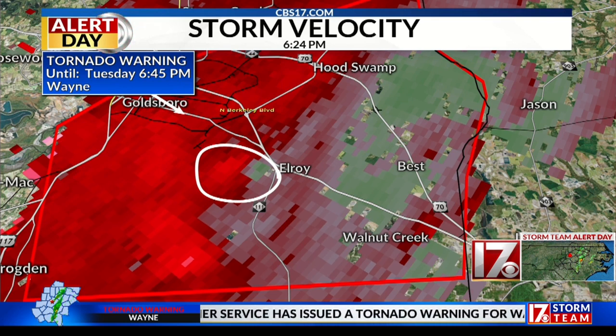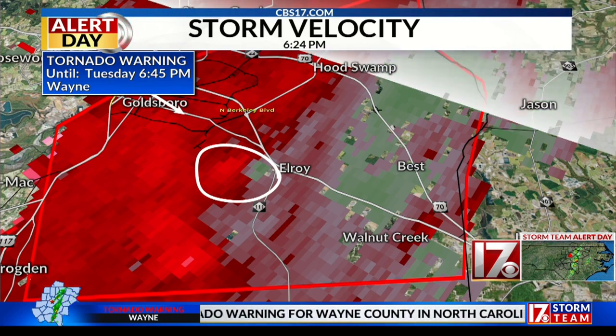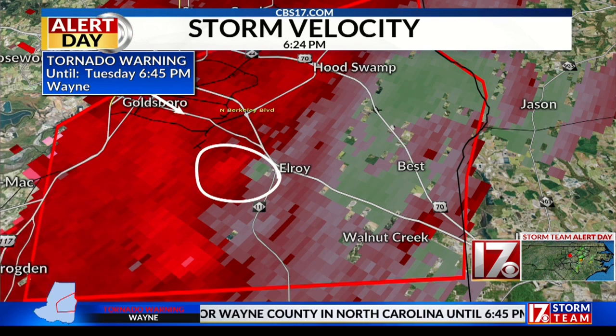Continued consistent rotation that you're seeing just like I am in a tornado-warned storm that could be producing a funnel cloud, definitely some circulation up in the clouds, and if that funnel cloud hits the ground, we would have ourselves a tornado on the ground. Let's see if we got an update and see if we have any new reports. I don't see anything, and I have not heard anything from our newsroom, so that leads me to believe